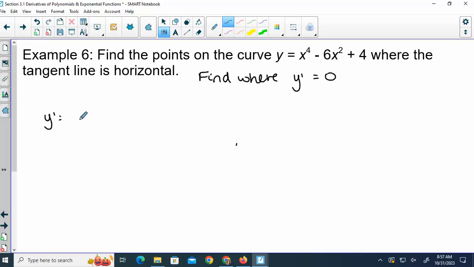So y prime, using our shortcut from yesterday: the derivative of x to the 4th, minus the derivative of 6x squared, and the derivative of 4 is 0, so we leave that off. So I need to know when this equals 0. What did we factor out of here? Alright, so if we set this equal to 0,